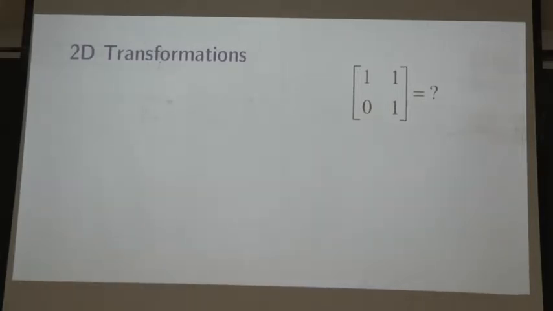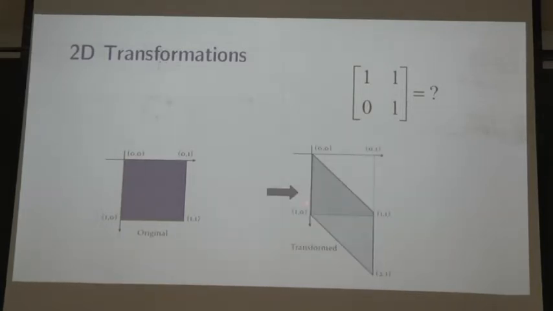Okay, so you don't have to do it in your mind. You can just take a few points, apply it, and then you will realize what this does. So let me try to apply it on this image. I take 0, 0, it stays at 0, 0. I take 1, 0, it stays at 1, 0. But when I take 0, 1, it actually becomes 1, 1. So 1 times 0 plus 1 times 1, that becomes 1. And 0 times 0 plus 1 times 1, so that becomes 1. So 0, 1 becomes 1, 1. Okay? So that comes here, and this 1, 1 actually goes to 2, 1.